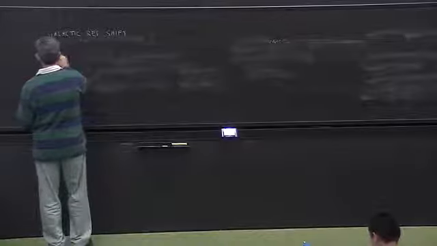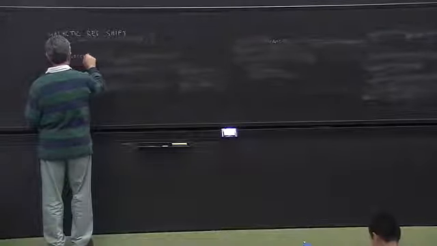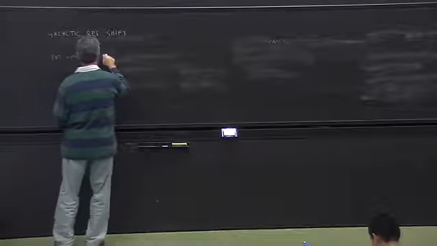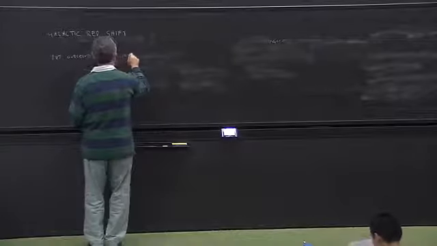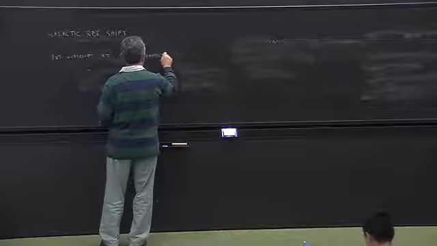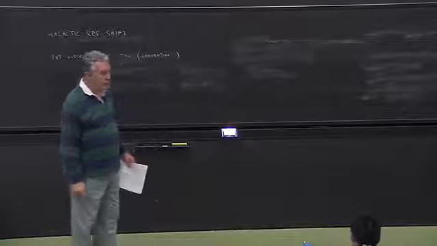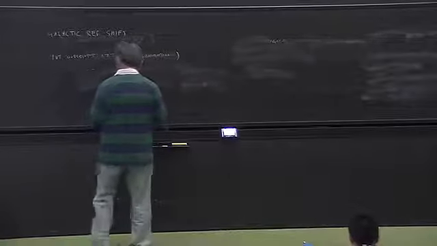Let's put ourselves at r equals 0, which is just a convention. We could put ourselves anywhere since the universe is homogeneous and isotropic, but let's choose us to be at r equals 0 and consider a light signal